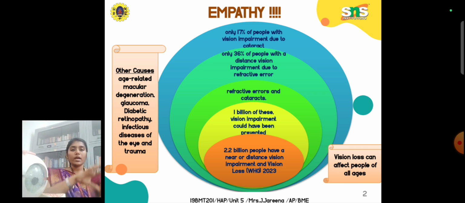So this is one reason we are putting on one side. Not only this, we have another side of the reason, which is related to age. As age goes on, in old age, one particular part that is affected is the eye. That type of disease is called macular degeneration. And we have disease-related eye problems. One such disease is diabetes mellitus, that is, a sugar patient also having eye problems.